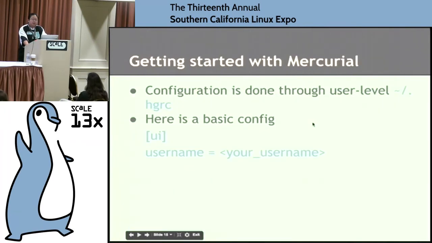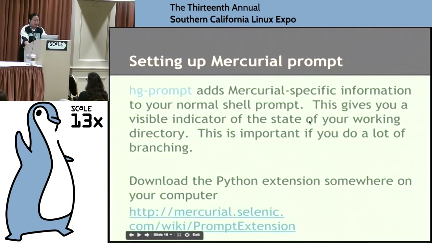So if you were to get into Mercurial, I have some tips about how to configure your system to start out with so that you can start using Mercurial right away instead of getting stuck by these cryptic error messages. So the very first thing that you should always do is you should tell Mercurial what your username is. Because the only way that Mercurial or any version control system can make a commit message and credit you as an author is if you tell it who you are. And so usually you just put this in some kind of configuration file and you forget about it. And this is how you do it in Mercurial.